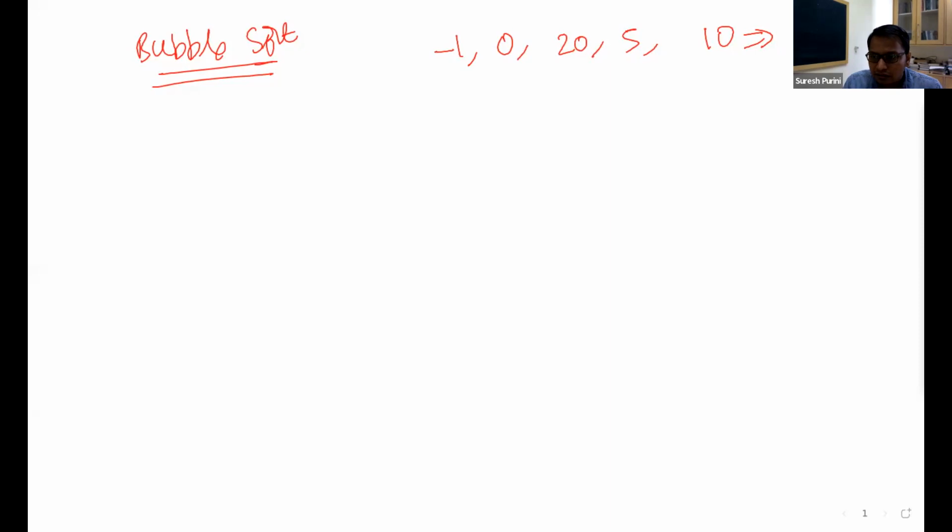So if it is increasing, it is -1, 0, 5, 10, 20. We want to transform this list, which is an unsorted sequence, into this sorted sequence. And the way we are going to do it is in iterations. So in iteration 1, what we do is